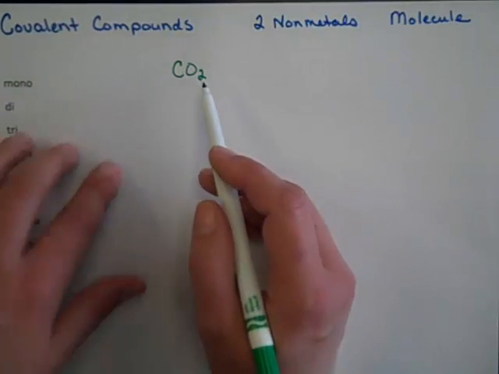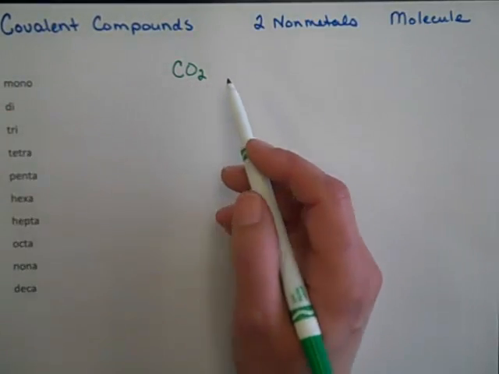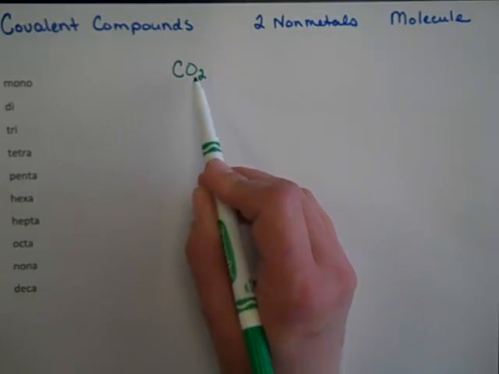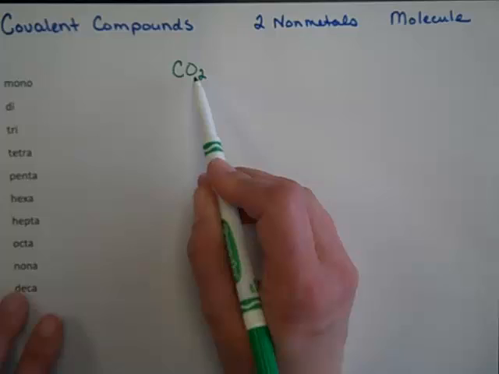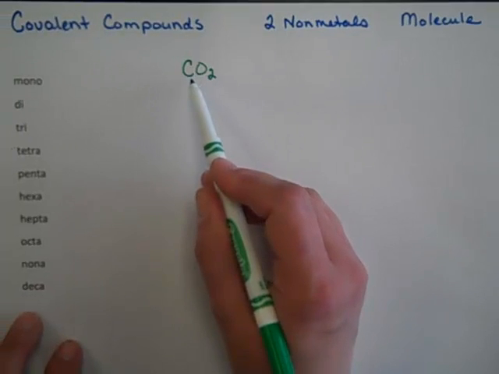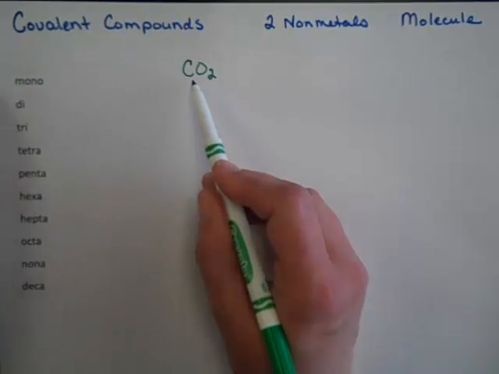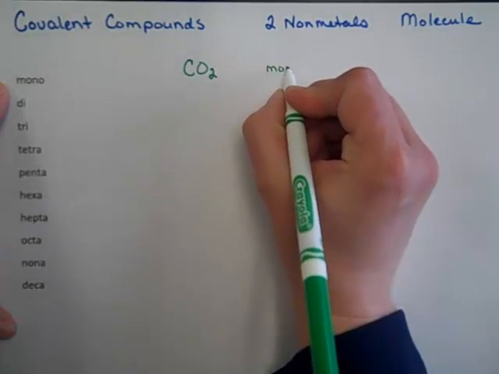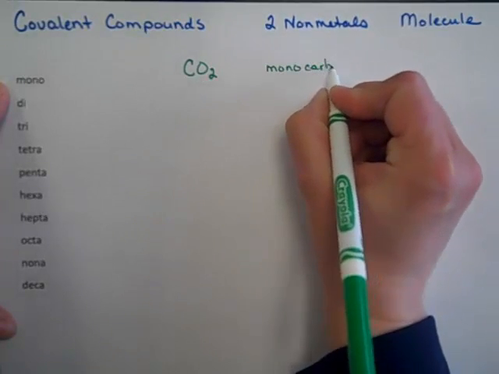What we're looking at is prefixes. Now, in order to actually name this, we're going to look at the number of atoms in our compound and give it a prefix. So we have carbon, and we have one carbon atom. The prefix for one is mono. So actually what we have is mono carbon,